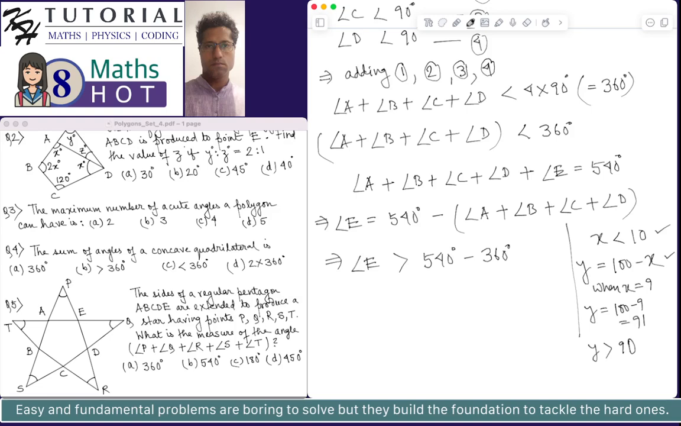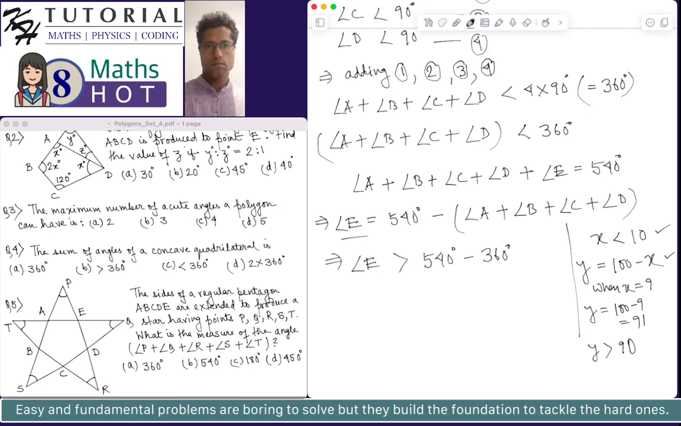How come 90 is coming? It is coming from the fact that 100 minus 10, and why 10? Because it is given that x is less than 10. So applying this concept, we can say that